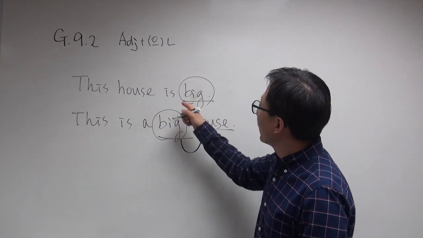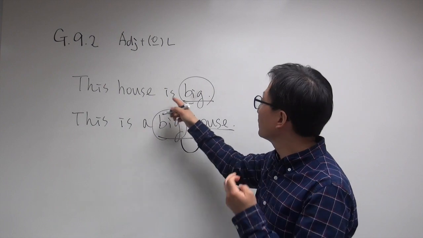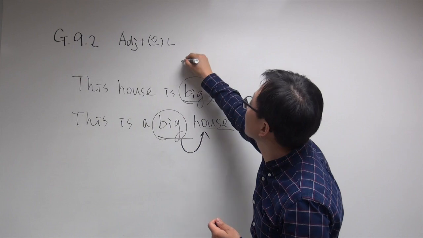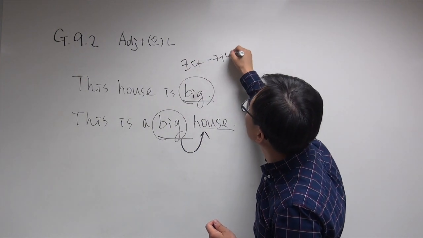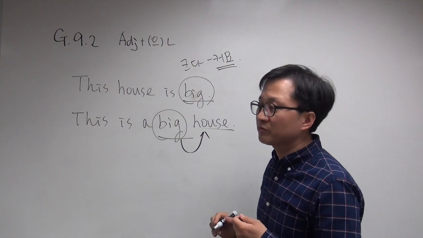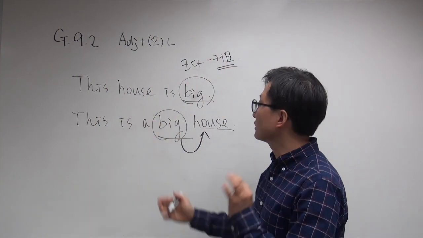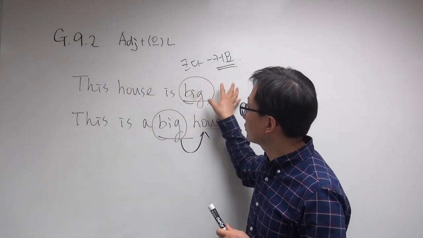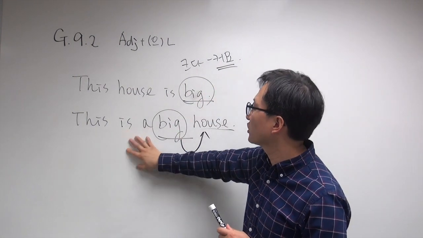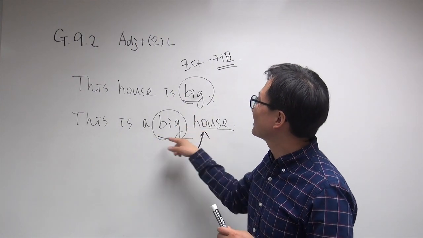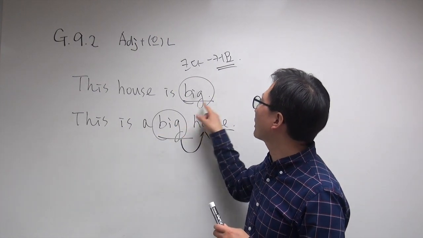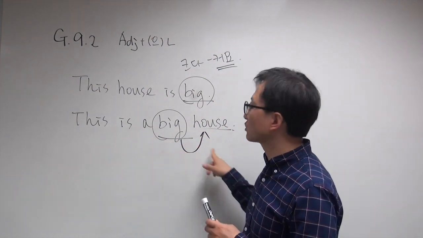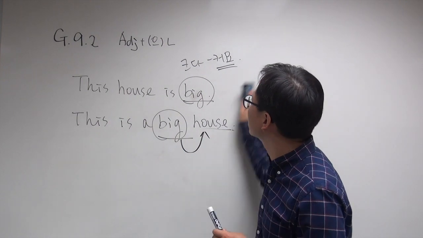In Korean, when an adjective is used like this, we have learned the adjective forms for this kind of purpose. 크다 and 커요. So this functions like the main verb of a sentence. 이 집은 커요. We know how to say this kind of sentence, but we haven't learned how to describe a noun in this way, like a big house, good school, or something like that. So we will talk about them today.